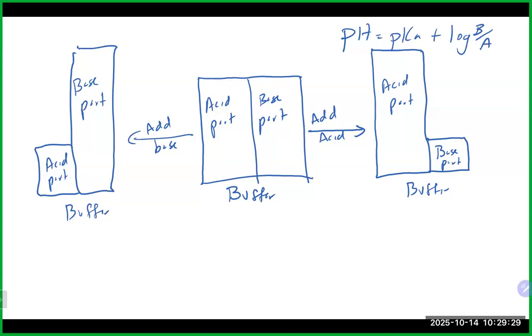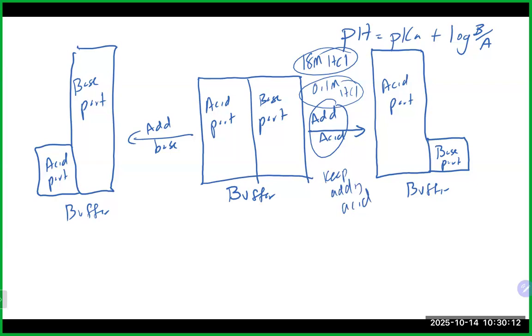Now, there is a thing that is known as buffer capacity, and there is a limit to how good your buffer would be. So let's just say, for example, you went to add acid and the instructions said, we'll add 0.1 molar HCl, and you found the bottle of 18 molar HCl and decided that seems a good idea. Pretty close. They both have a 1 in it. They're probably about the same. So you decide, hey, I'm going to add some HCl, really strong HCl to it. Or even if you add this guy, right? What's going to happen in this situation is, let's just say I just keep adding